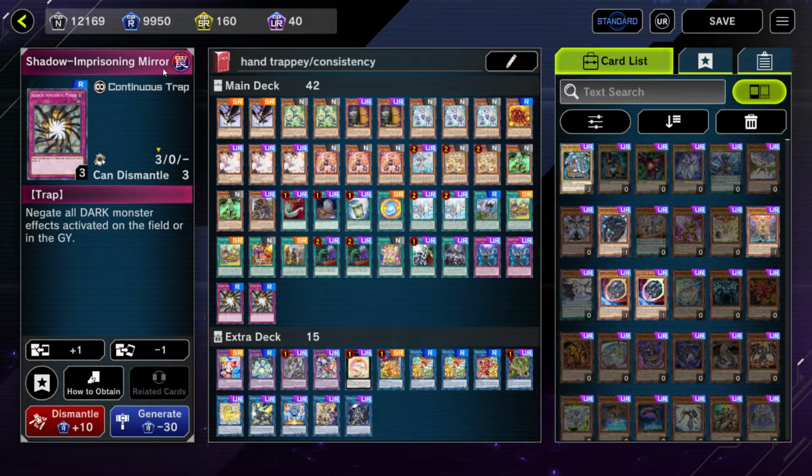The Shadow Imprisoning Mirror, as I told you guys, does a simple thing. It reads, negate all Dark monsters' effects activated on the field or in the graveyard. That's it. No fancy wording, no big paragraphs to read. This is all it does. And every single monster Despia runs, aside from I believe 2 or 3, are Dark monsters, so it kills them off completely. 95% of the time, if you pop this card open and it resolves, an opponent has no way to out back row, which generally Despia players don't run back row removal,